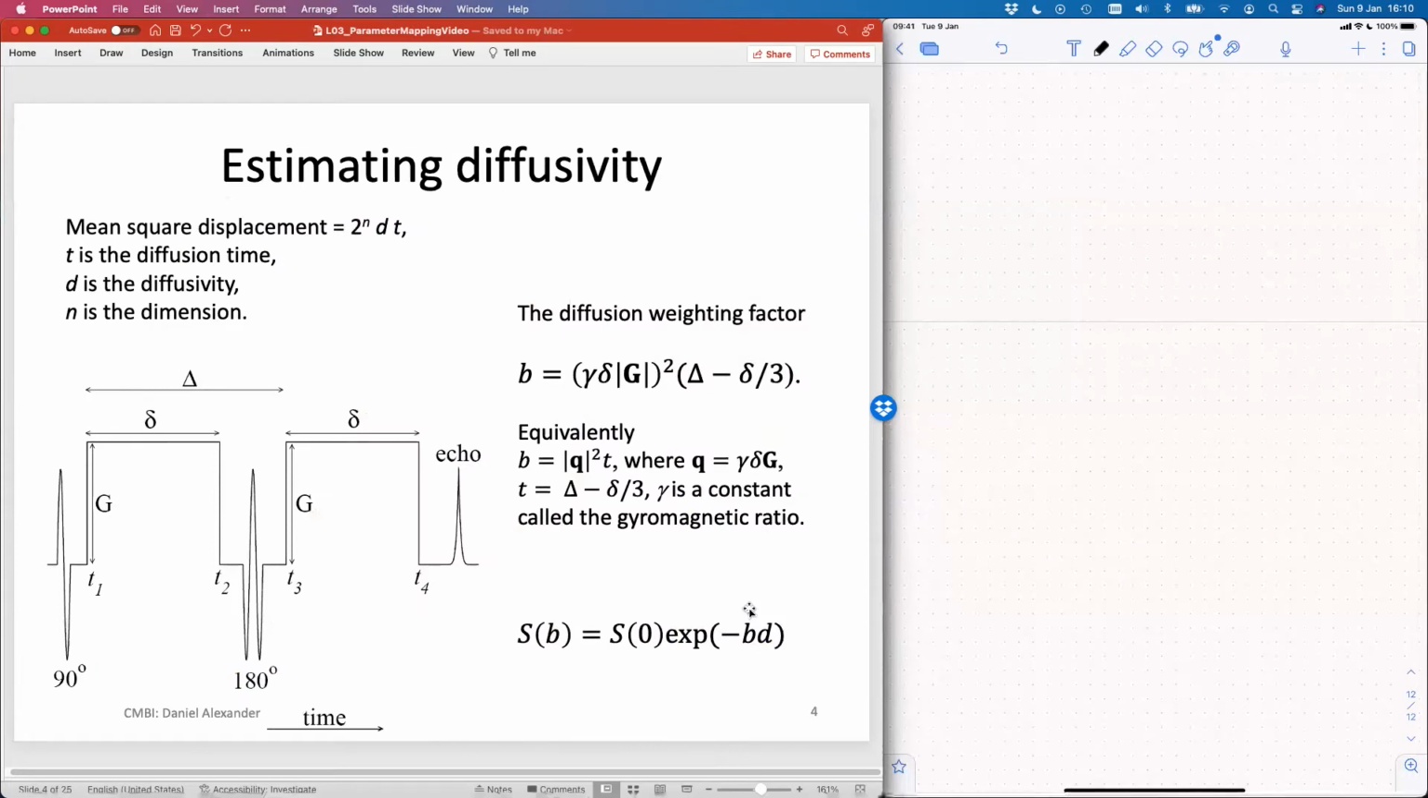Let's just think a bit about how we go about sensitizing the MR signal to diffusion. It's achieved through a particular pulse sequence. This is a pulse sequence diagram in the bottom left here. It's essentially a program that tells the MR scanner how to manipulate its magnetic field during the course of a measurement. And the particular feature that makes this pulse sequence sensitize the MR signal to diffusion are these two blocks here,